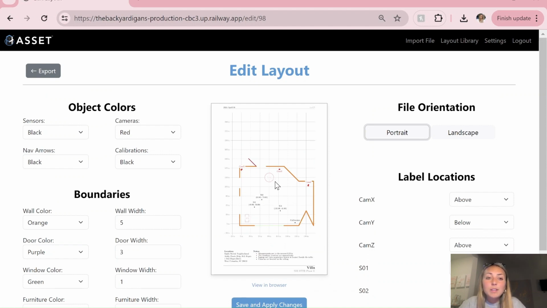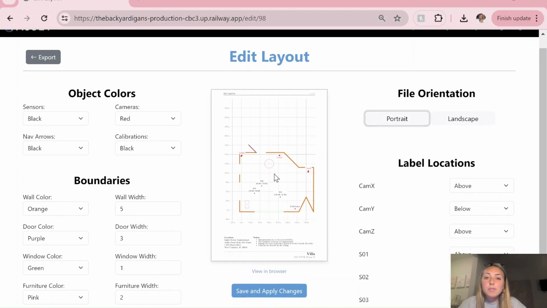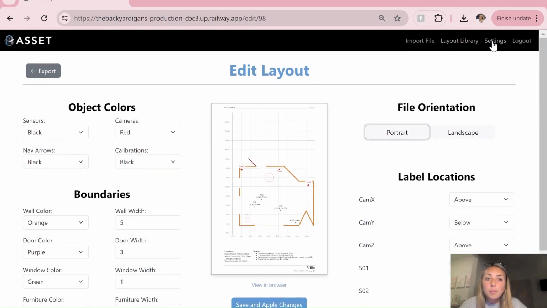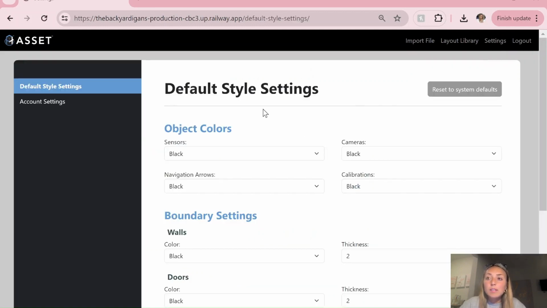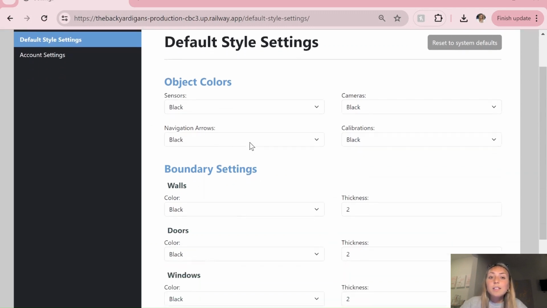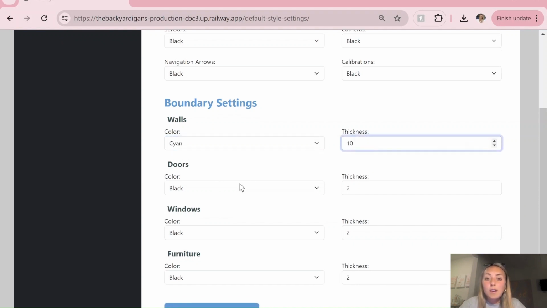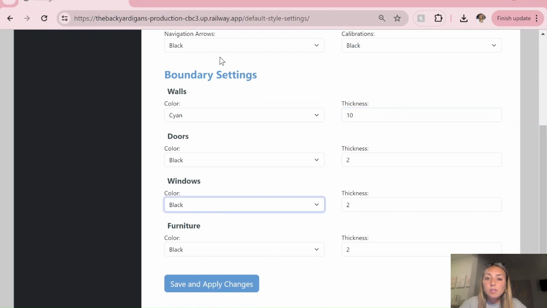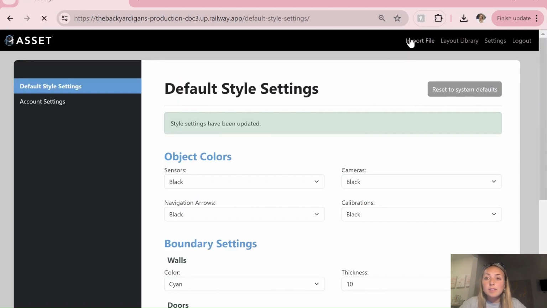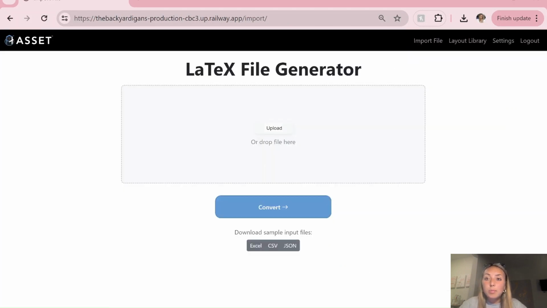Now, sometimes Robert might consecutively want to upload several different room layouts from one client site, and maybe he wants to maintain his design consistency within each of the generated layouts. Luckily, within the Settings tab, this is exactly what the default style settings page is for. Within this page, he can set some of the custom object colors, wall boundary colors, and thicknesses, and then if he saves and applies these changes, we can see by uploading one of our sample Excel files that all of these changes will be reflected in future